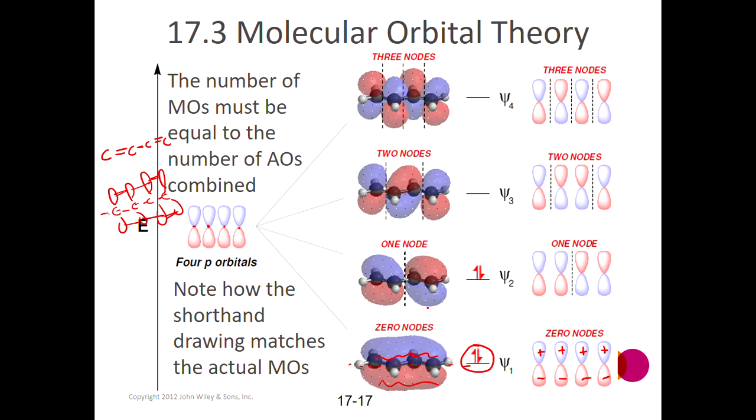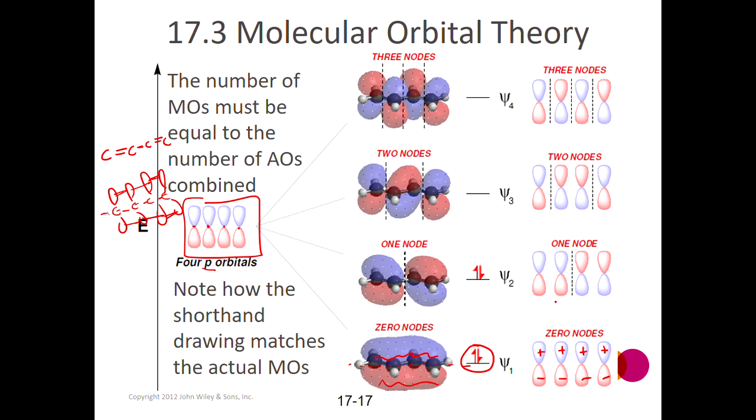Notice how the other orbitals each have one node more than the previous. That's a pattern that we'll see continuing, because every combination of constructive and destructive interference is going to occur here. And when we have 4 atomic orbitals overlapping, we're going to get 4 molecular orbitals, right? The number of molecular orbitals created always equals the number of atomic orbitals overlapping. When I have 4 overlapping, there are 4 possible combinations for constructive and destructive interference, each having one node more